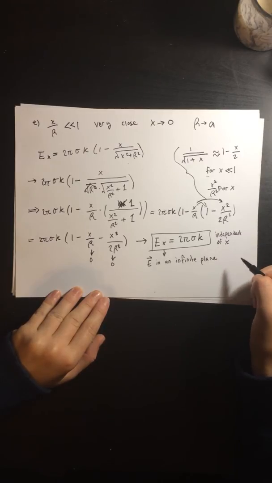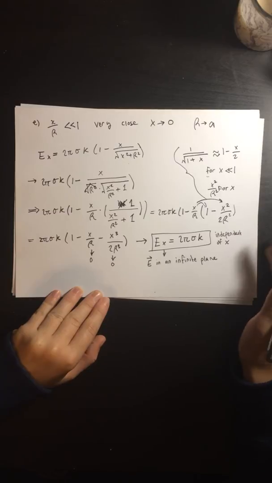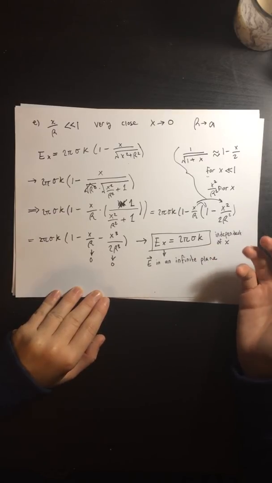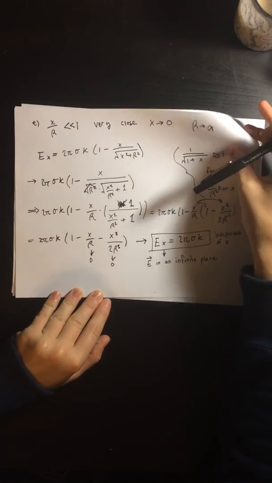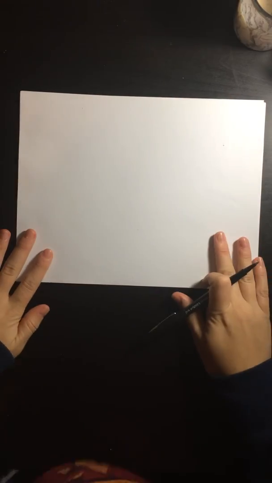R doesn't matter any longer. It doesn't matter how big the disk is. It doesn't matter how close you are to it. It's infinite, and you're infinitely approaching it. You're going closer and closer to 0. So x no longer matters, and the formula matches that of E in an infinite plane. Okay. So next, last part